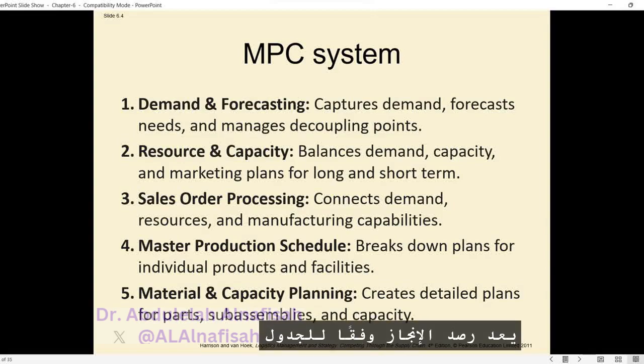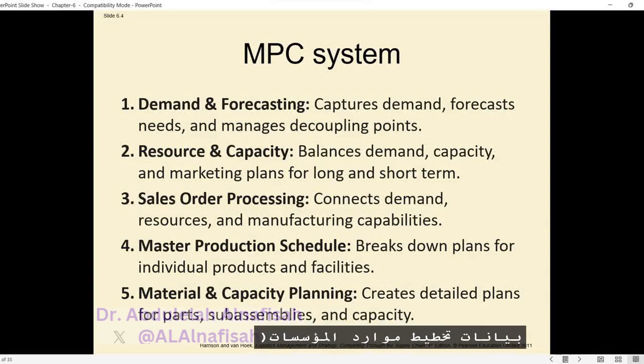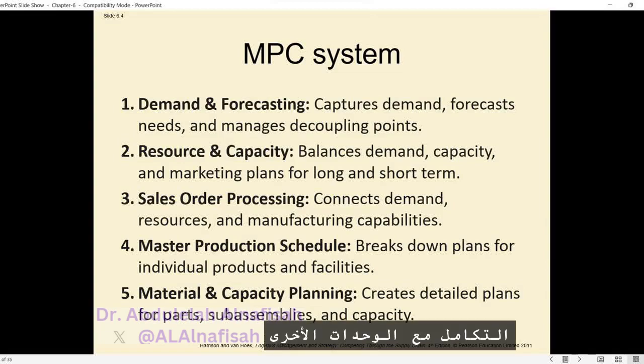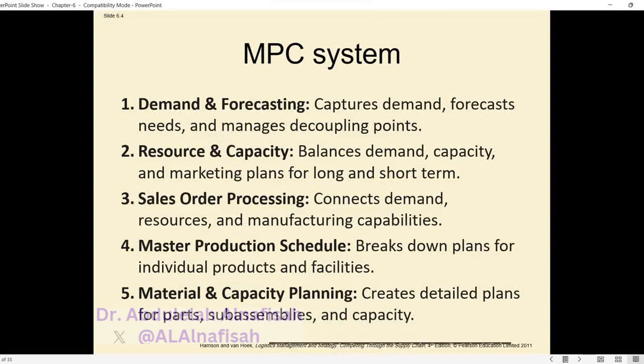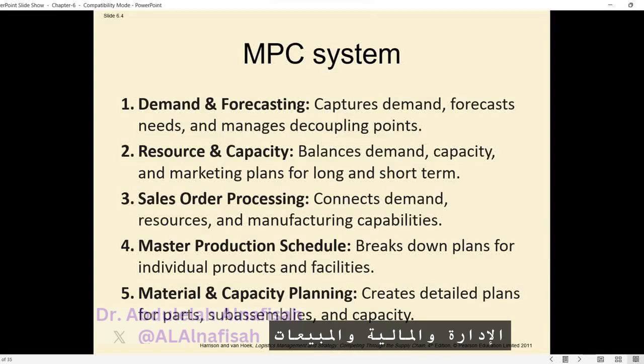Monitoring achievement against the schedule is crucial, and failures to meet the schedule require remedial actions such as overtime or outsourcing. The MPC system is connected to the Enterprise Resource Planning (ERP) database, allowing seamless integration with other modules like Human Resource Management, Finance, and Sales and Marketing. SAP, for example, includes MPC systems as part of its supply chain software suite, covering supply chain planning, execution, collaboration,